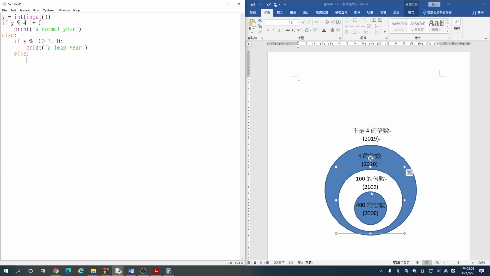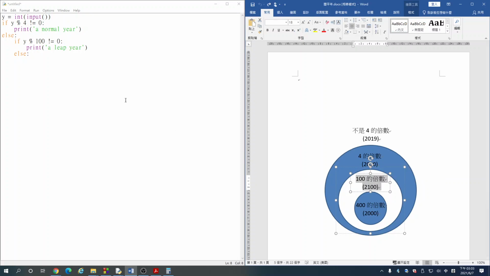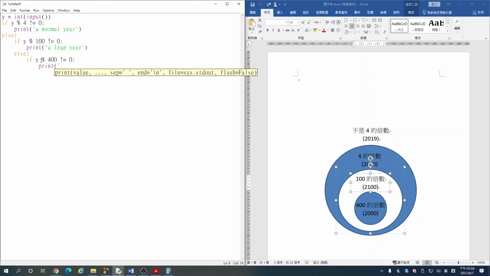We have to further make sure it is outside of this blue circle before we can say it is a normal year. It is in the white parts and it is a normal year. So we have to further determine if it is a multiple of 400. Only when it is not a multiple of 400, we can say it is a normal year,